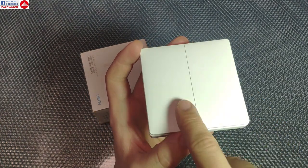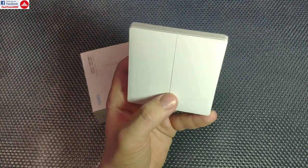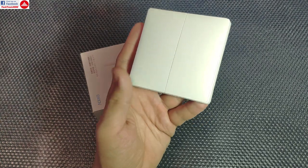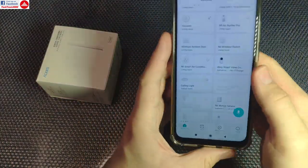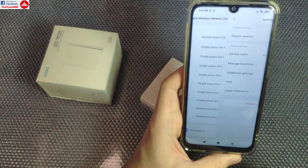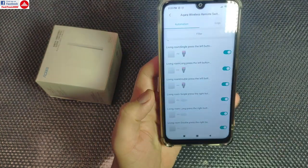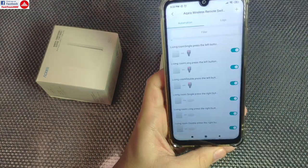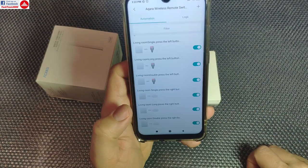And of course you get two of those switches in just one single switch, and you can program two different devices or more functions that you can program with the three functions per switch, so you have a total of 6 functions. And it looks something like this in the app. After you add it, you can go to automation, and you can see I have 6 functions for this. The left button here will control an E-Light smart bulb, and the right button here will control the main E-Light